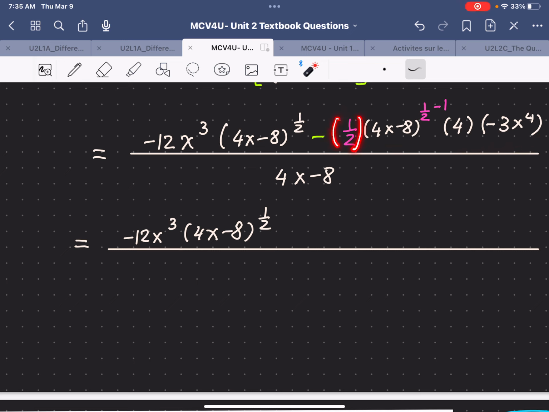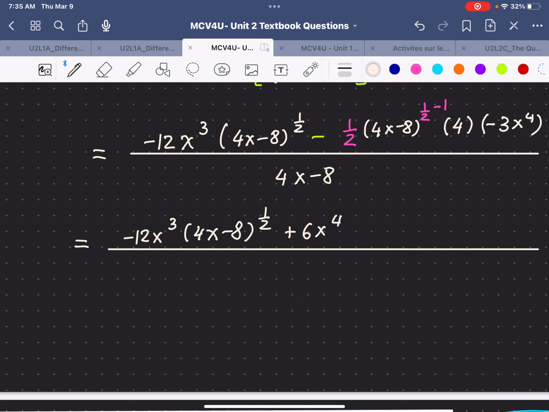So you have 1 over 2 and we have a 4. So 1 over 2 times 4 will give a 2. And then we have to multiply by this monomial, negative 3x to the 4. That makes negative 6x to the power of 4. And with this negative in front of the entire group of terms, it will become positive 6x to the power of